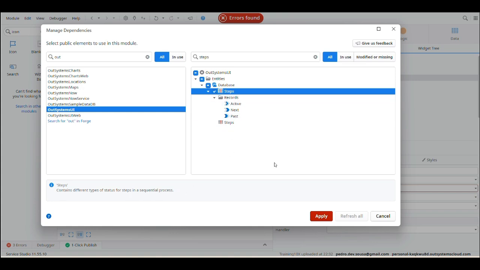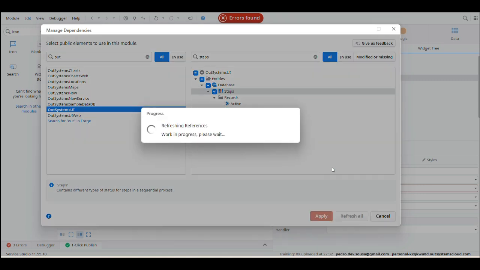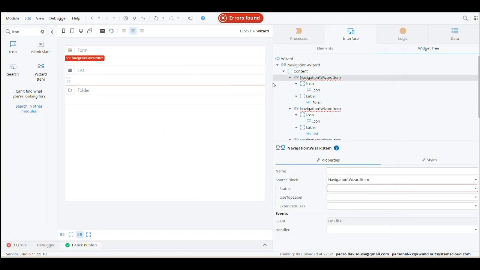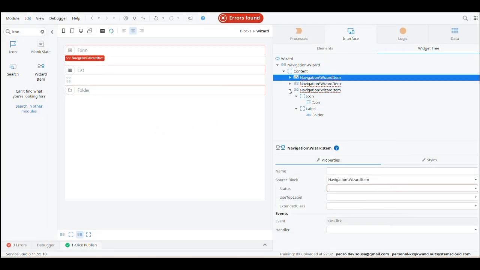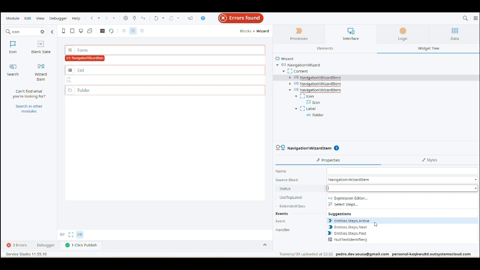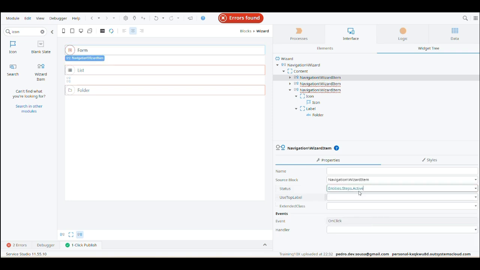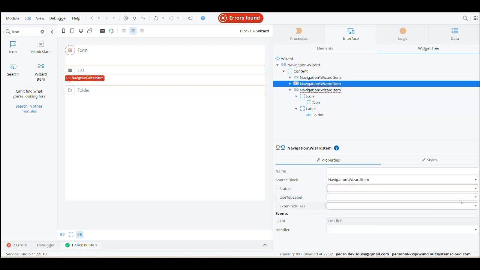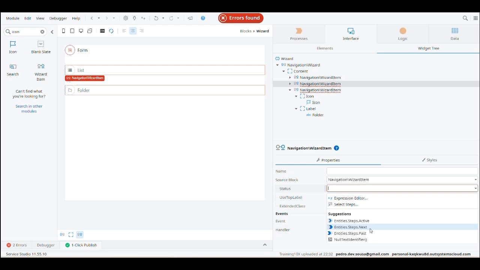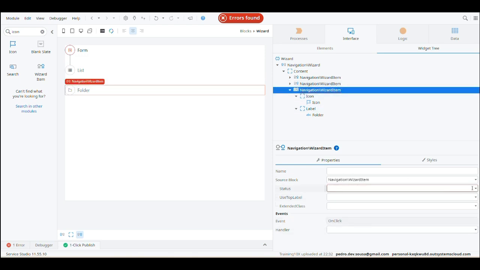Okay, so grab this, apply, and as we have 3 steps, this will be the first one. So the first one we're going to use will be active. Okay, this one will be next, and this also will be next. Okay,